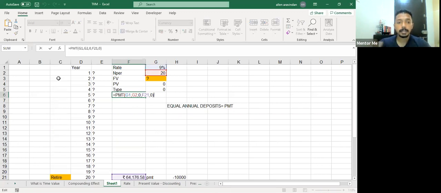So this is actually a very nice question, because if you just replace the numbers for yourself, it will give you a ballpark number on how much you have to save, right? The only problem is the rate assumption. Let's first complete this and then we can come to that.